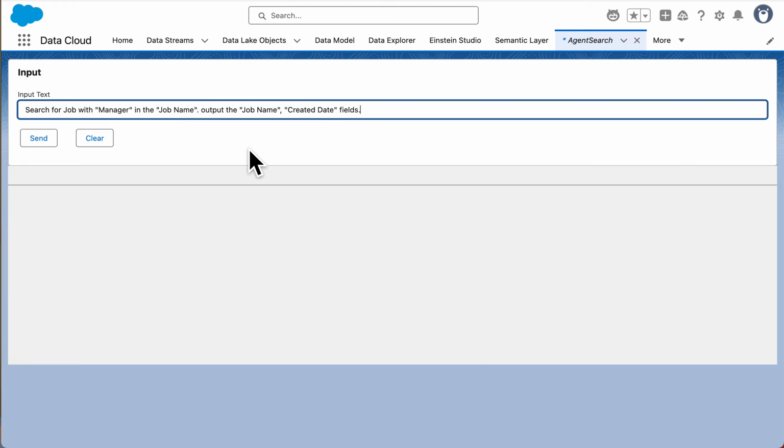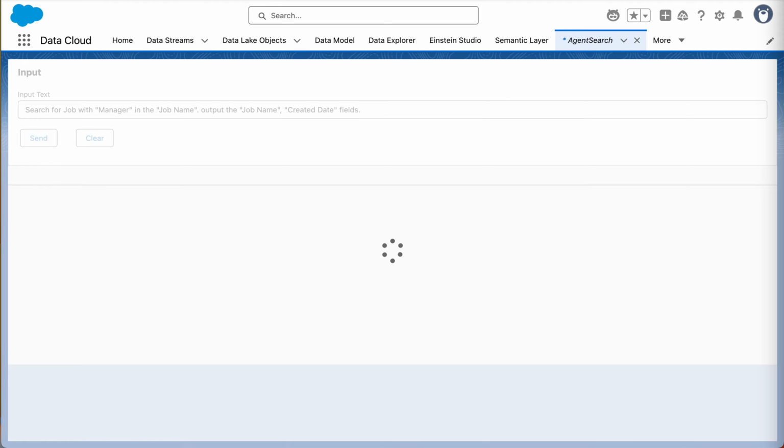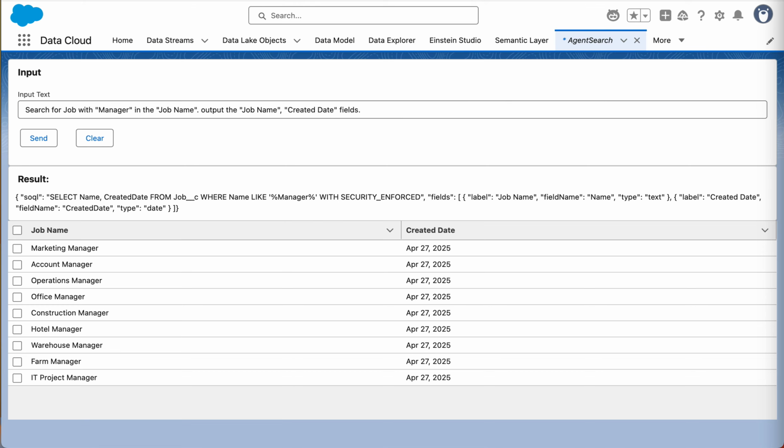Enter. Search for job with manager in the job name. Out of the job name, created date fields. The requested record is displayed.